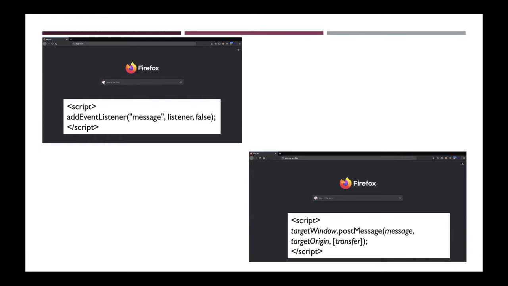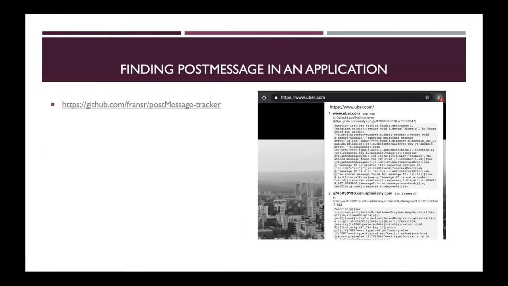While implementing the basic postMessage function, developers make many mistakes and misconfigurations, which lead to critical security vulnerabilities.